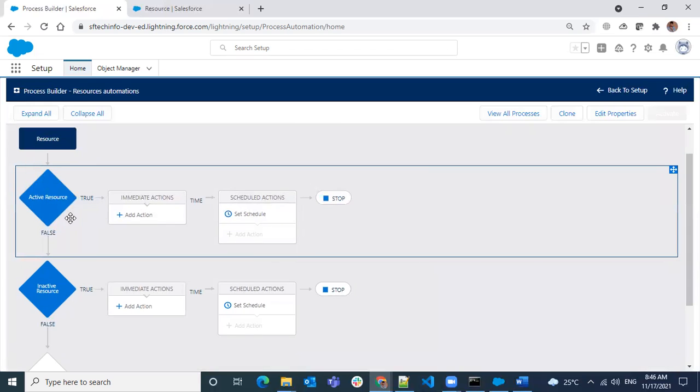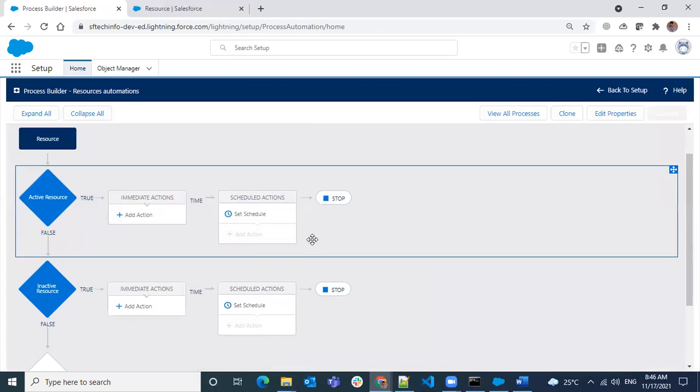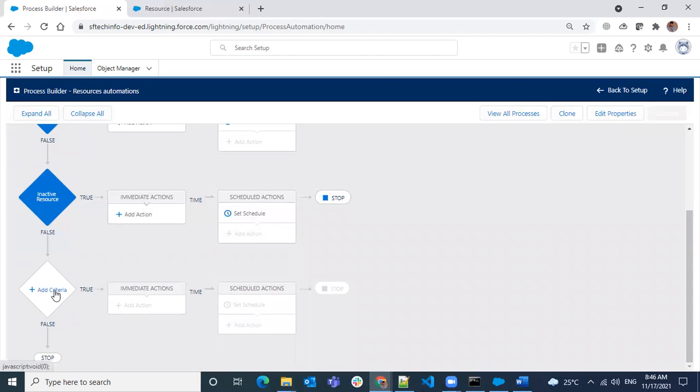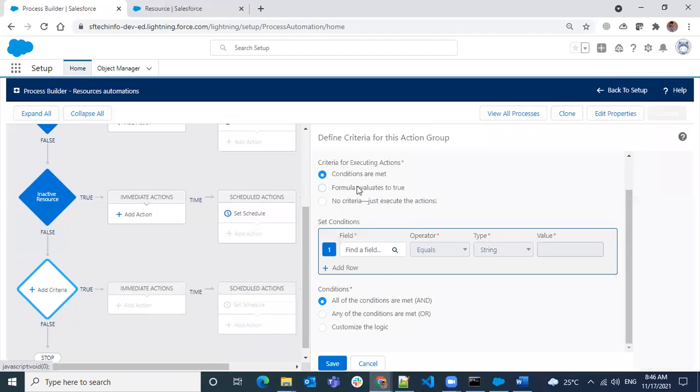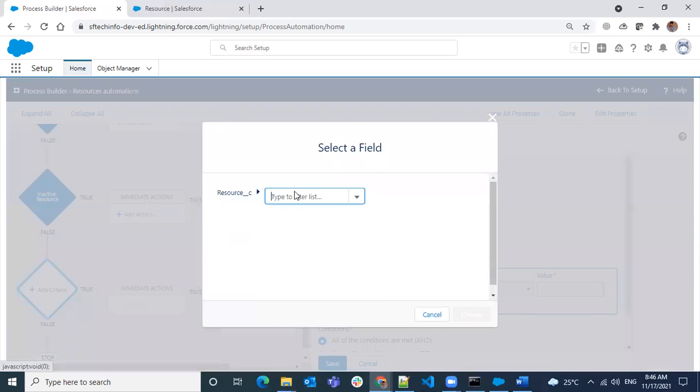So once the active resource is done, usually it's not possible for an active resource to be an inactive resource. But you have some other logic below that needs to be performed. So the logic will be, let's say, I'm just thinking what we can keep.